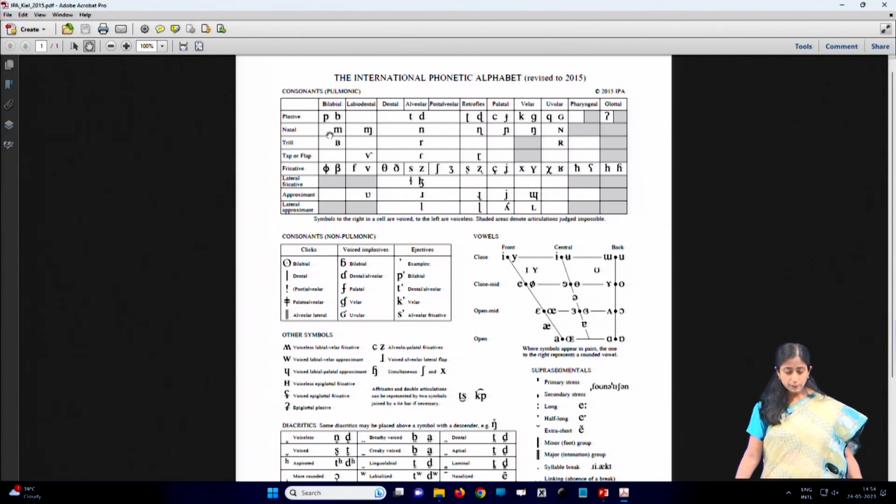Now also remember that each of these symbols shows one particular sound. When I say k, it is for the k sound. It will never be silent, like we do in night or knife in English. Whenever I write k in IPA, it always has to be articulated as the k sound. Neither can it be silenced, nor can it represent any other sound. Likewise, all these symbols stand for one particular sound.